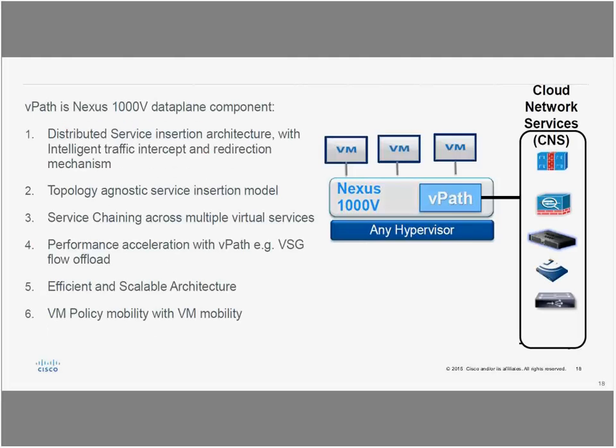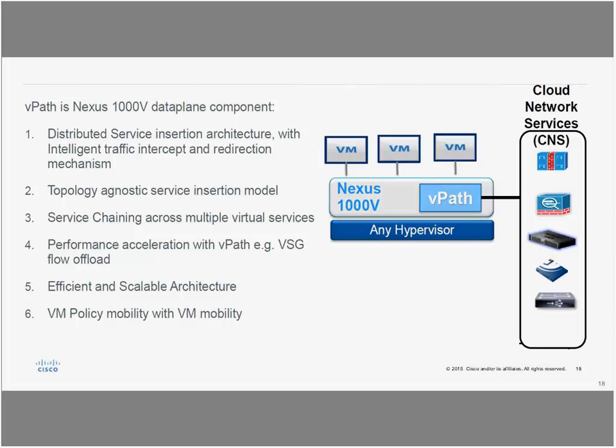vPath, as I mentioned, is a Cisco proprietary technology that was created to integrate the virtualized services with Nexus 1000V, so that any packets arriving at 1000V from a virtual machine can be further classified, conditioned, and redirected to a specific service as needed for the operation. It could be that it needs more security, it might need load balancing, or it might need to get routed. All those services are now provided on a vanilla Nexus 1000V flavor using vPath on the Nexus 1000V architecture.